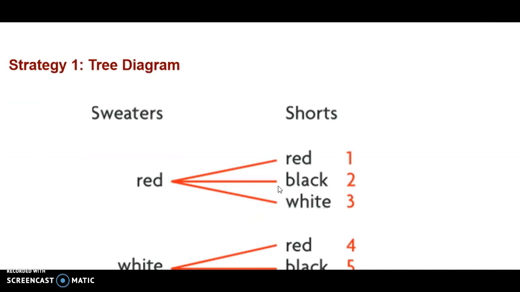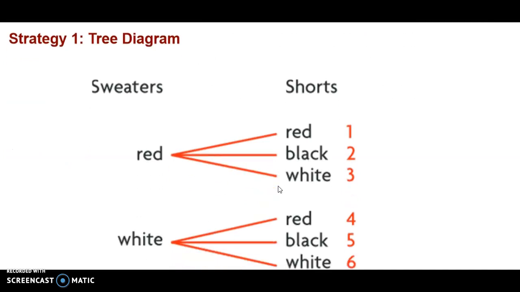We're going to look at this question with the help of a tree diagram first of all to organize the information. Again, we have sweaters. There are 2 choices, red and white, and shorts, red, black, and white. So we can choose to have